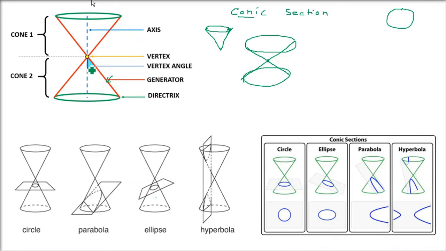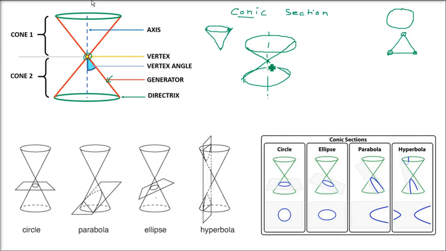This cone or stick is called the generator because it is generating this figure. The point we fixed, we'll call it the vertex. If you make a triangle, you see that there are three vertices. Here we have a line, and on the basis of this axis only, we moved that stick, that generator. So that will be called the axis.